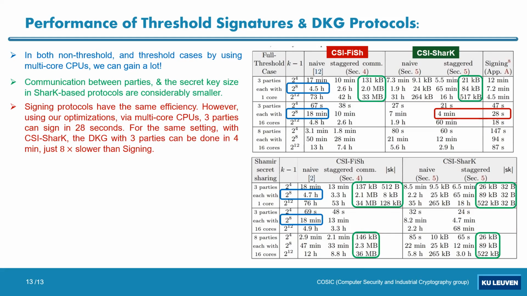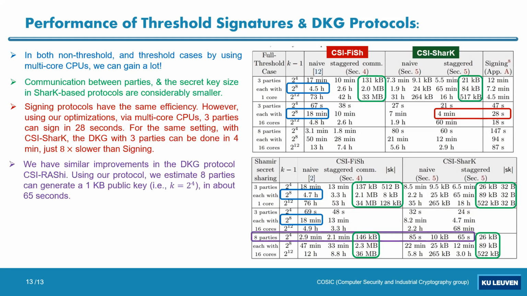But the point is that we have new optimizations, and the number that was reported in, for example, SiRaSHi, 5 minutes, doesn't need to be 5 minutes now. It can be, even with 3 parties, not 2 parties, 18 seconds. 18 seconds, yes. 28, sorry, I cannot see it from there. Yes. And the other point is that we have similar improvements for